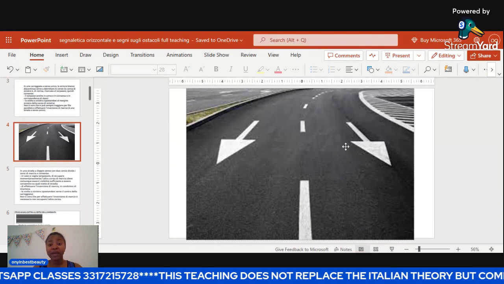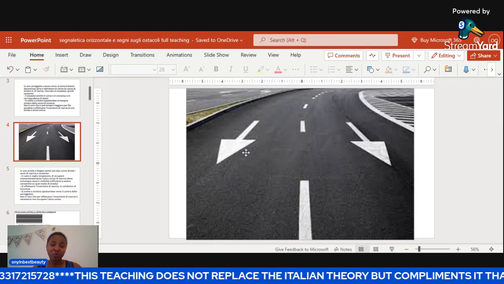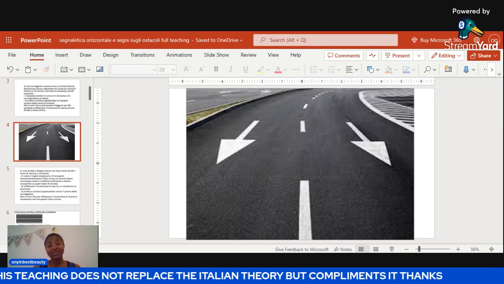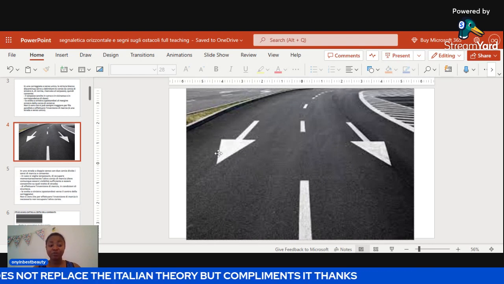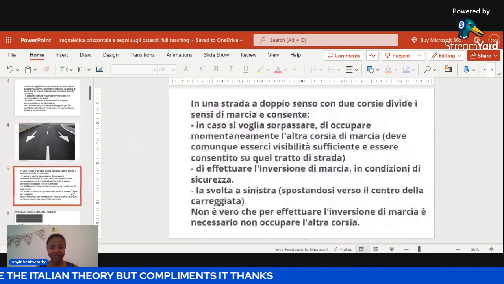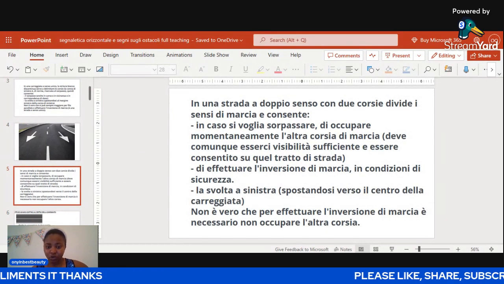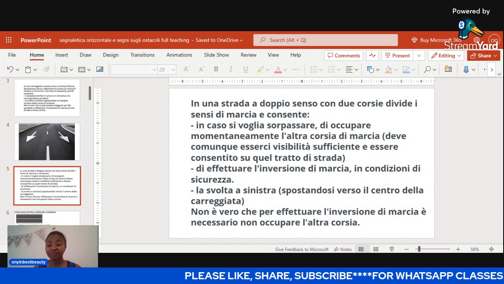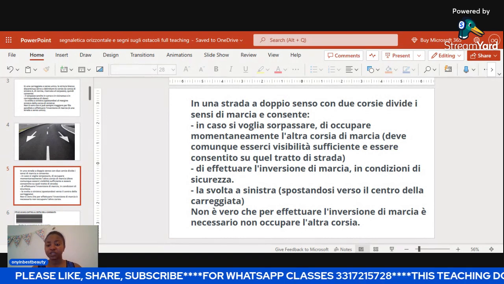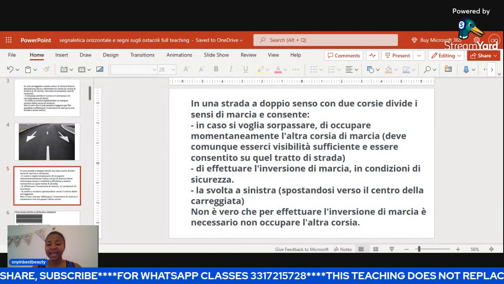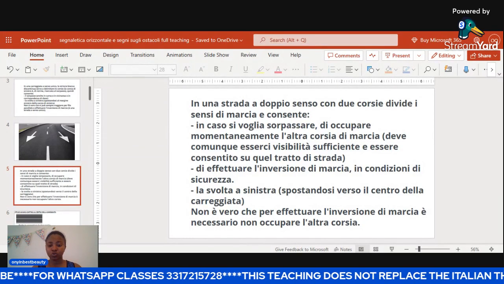Meaning people occupy here where they go, and you occupy here where they come. So two-way circulation means it expects vehicles from the opposite direction. In caso di voler sorpassare, di occupare momentaneamente l'altra corsia di marcia, deve comunque esserci visibilità sufficiente e essere consentito su quello